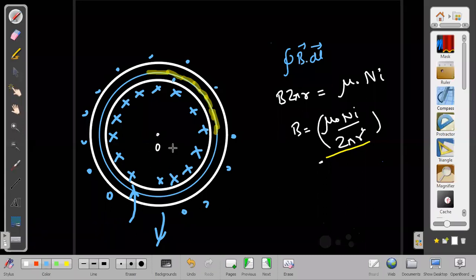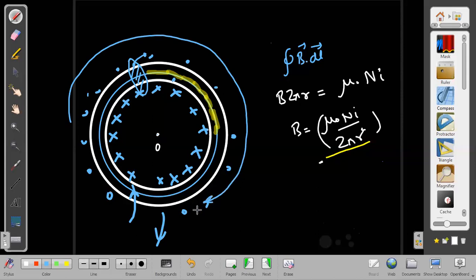And here as well, at the center, the field exists because of this reason. Effectively, if I take any one cross section here, is the current crossing through this cross section or not? There will be current I flowing through this cross section. Then I can say that overall in this toroid, some current is going this side also, even if it is going by taking several turns, but on average the current is going this side also. So I can take it like a current carrying loop, and I can find out the field at the center.